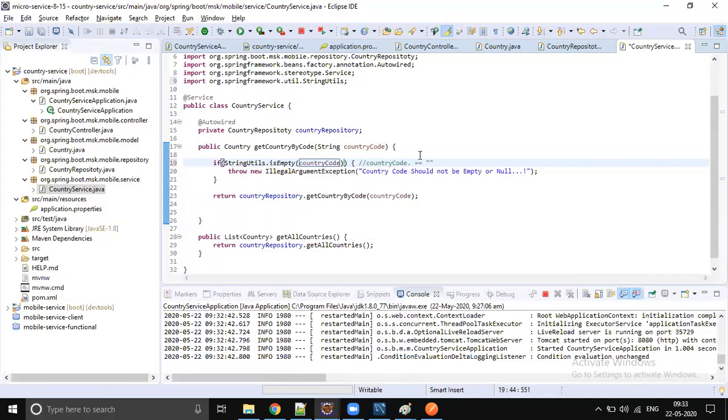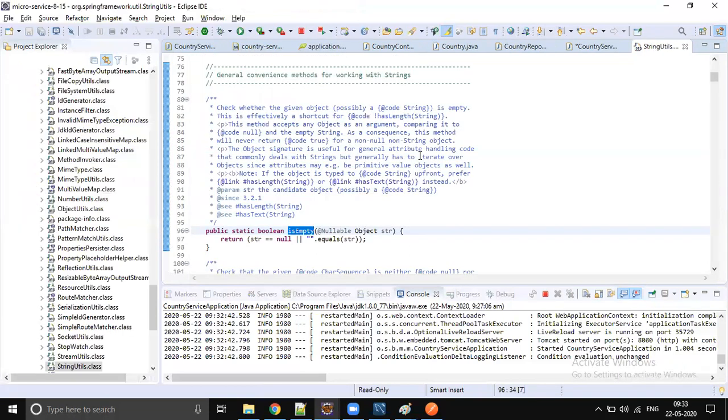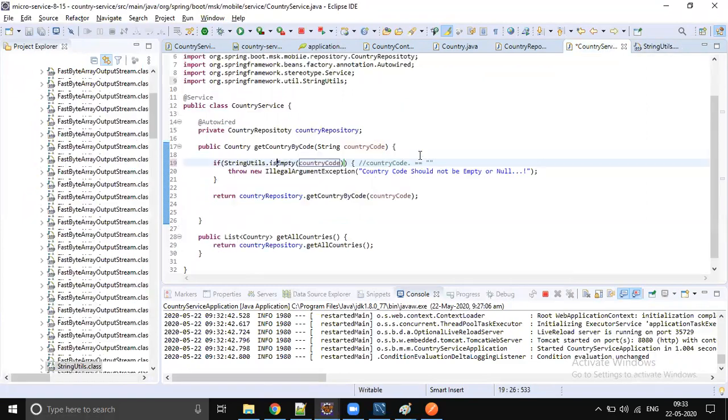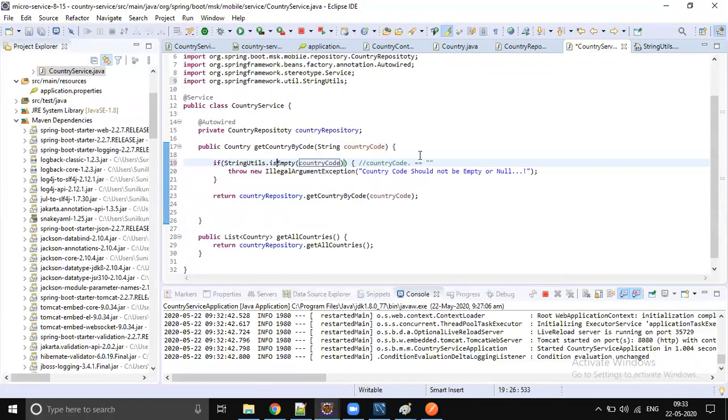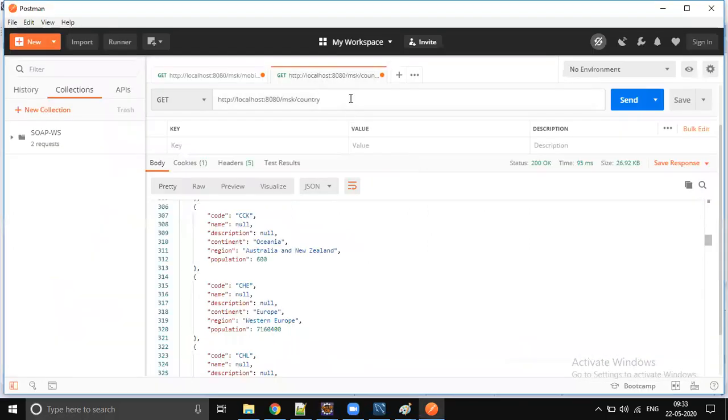It takes care of both null check and empty check. So you just reuse that method and save the code. Let's go to this one, pass some empty space, and send the request.